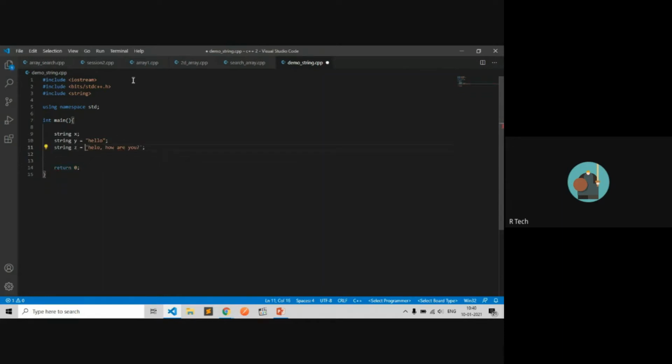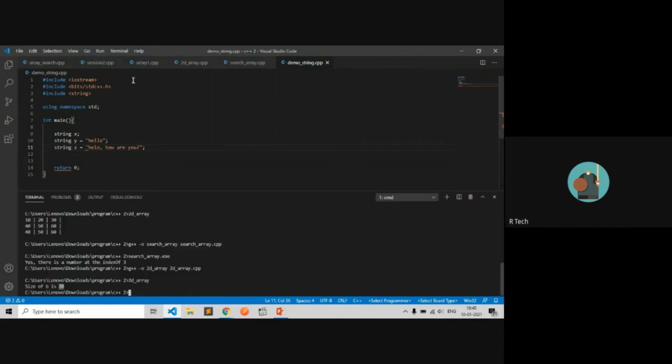Let's compile the program and try to print it with cout.